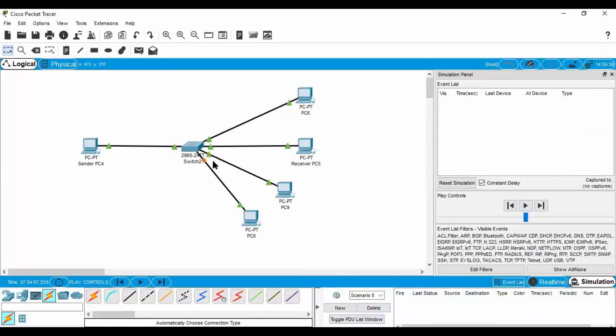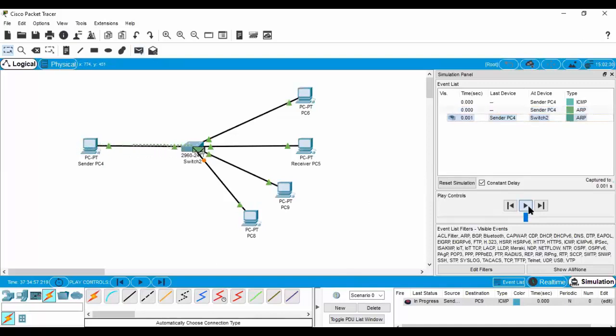And there is some problem also. Here this switch is not ready till now. So once this bubble gets green, you can see it is now able to send the packets. Now if we try it, you can see how the packet gets transmitted from PC4 to PC9.